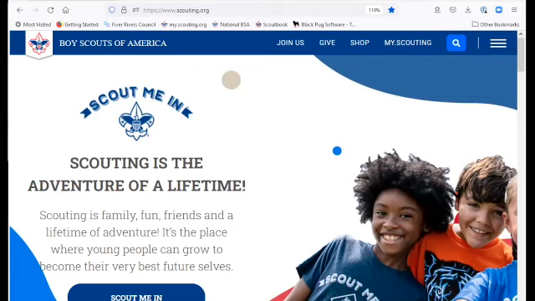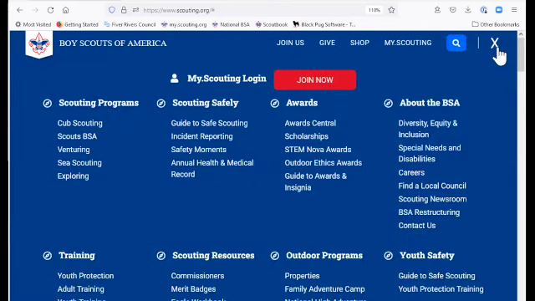So we're all very familiar, hopefully by now, with the national website. This is scouting.org. At scouting.org, we can get over here to the three dashes in the upper right, and then right over here at Scouting Safely, and we're going to be using this site in a little bit as well. But down here is safety moments. So if we click on the safety moments,